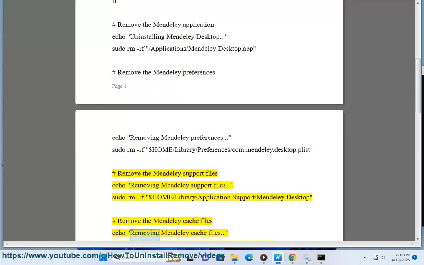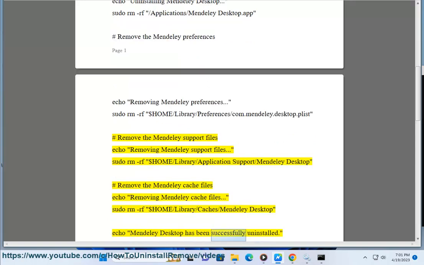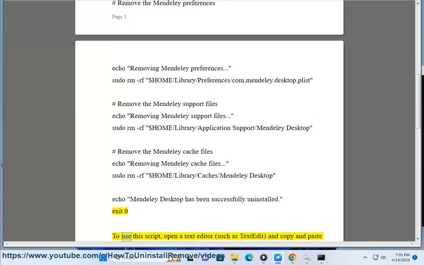# Remove the Mendeley cache files echo "Removing Mendeley cache files." sudo rm -rf $HOME/Library/Caches/Mendeley Desktop echo "Mendeley Desktop has been successfully uninstalled." exit 0. To use the script,